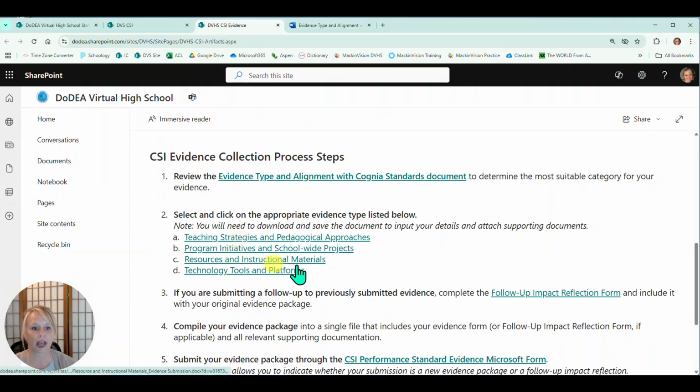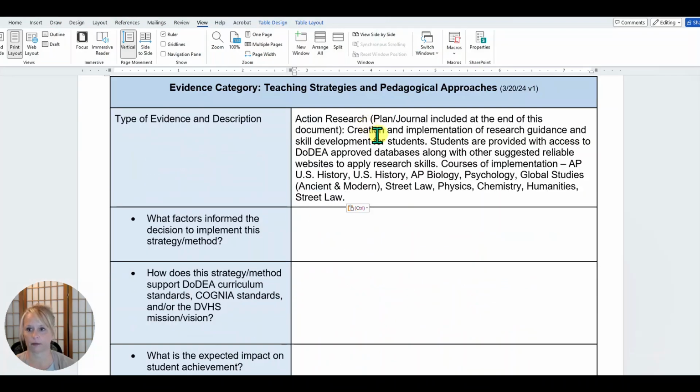Once you choose the category that best fits with your action research, select and download the corresponding evidence document. For type of evidence and description, write that your evidence is your action research journal and include a brief description of your research. You will notice the questions on this form are quite similar to the questions and prompts in your action research journal. For example,